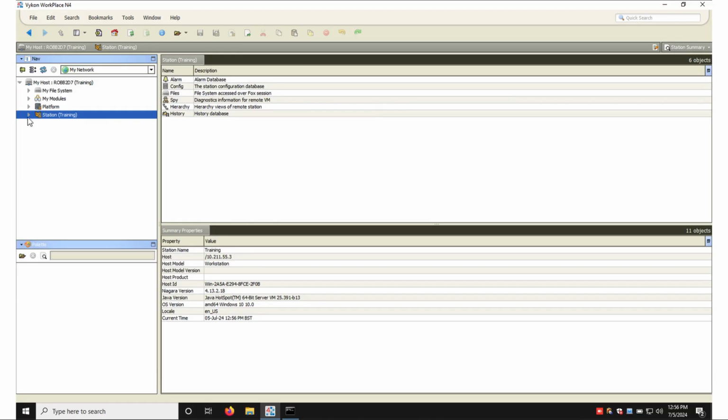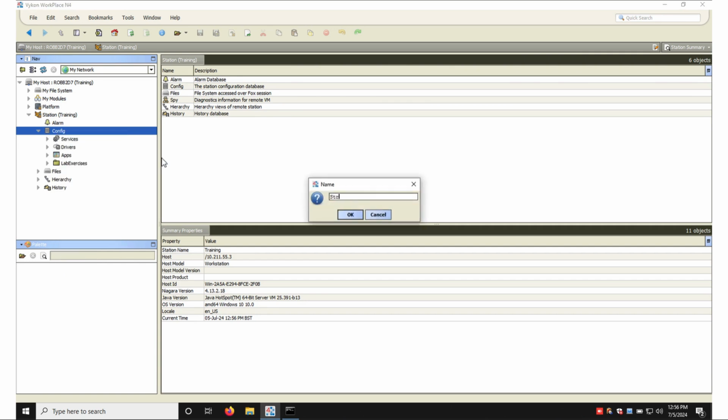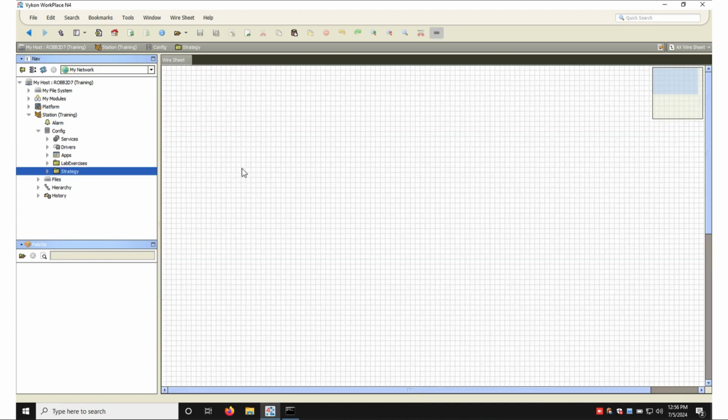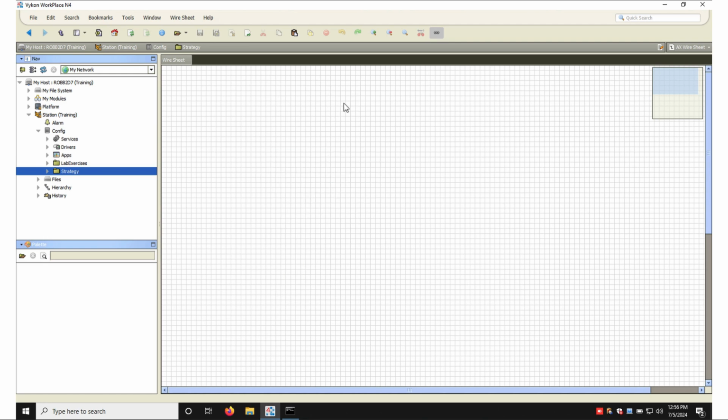We're now going to take a look at the control strategy capabilities of a station. As we saw with the scheduling lab, it is possible that we can create new folders at a top level, give it an appropriate name. Then these folders have a wire sheet, and we can use that wire sheet to create points and do the